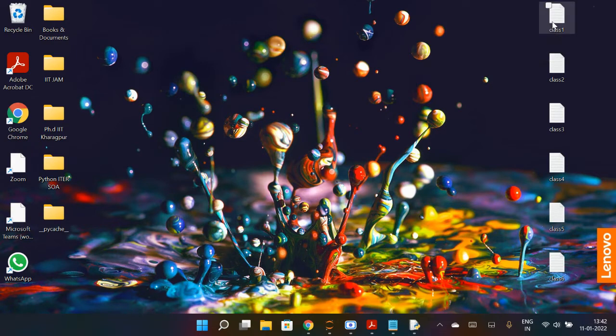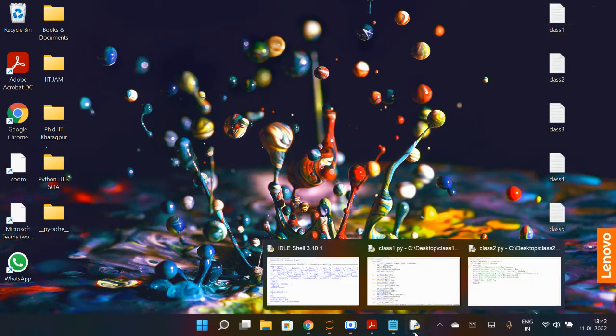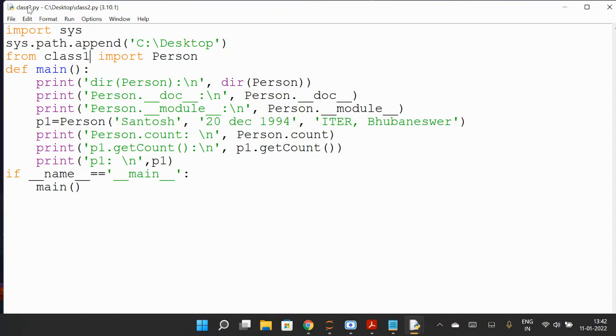The name of the class is person, and that I want to import in this second program. So this is class two. The name of the program is class two. Okay. So here I want to import that class person into this. So like import sys, and this is the location of the file, and from class one, so class one is the name of the program, import person, so this person is the name of the class. So we are introducing this person from that program. Okay, so person is not defined in this program explicitly, but we are using it, right, using its location or address as a module.